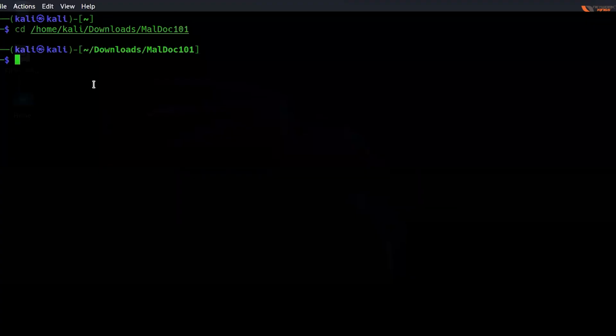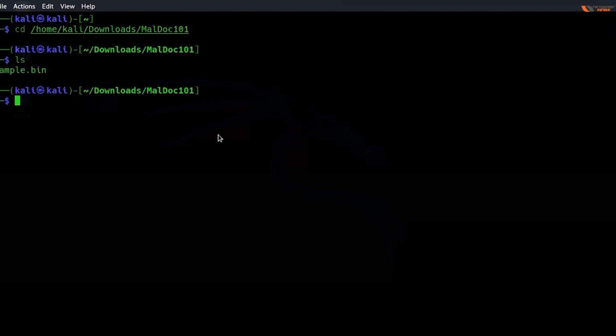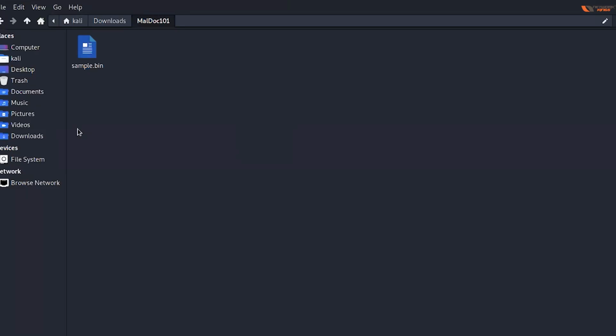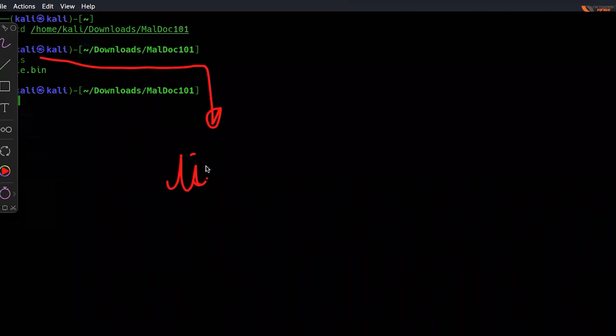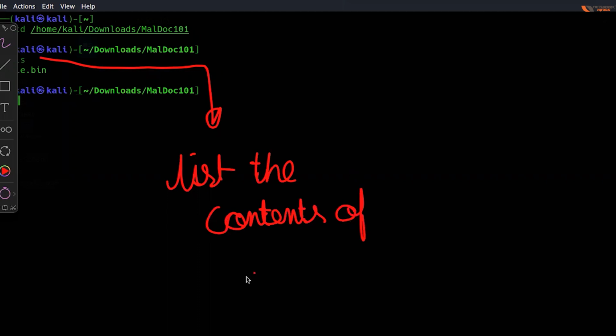And now I'll write a command called ls. ठीक है, यहाँ पे here I am able to see the contents that there is a file called sample.bin, but on Linux I will have to enter a command which is ls, list the contents of the directory. ठीक है, ls का क्या मतलब होता है? ls means list the contents of the directory.